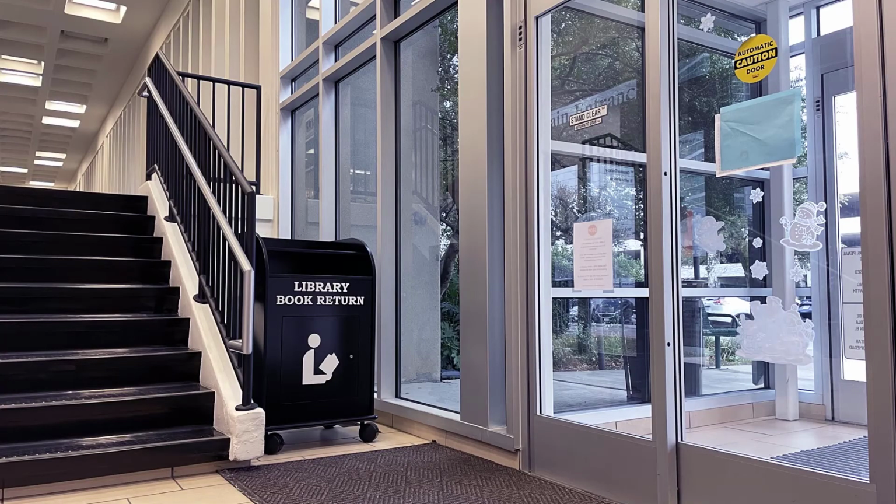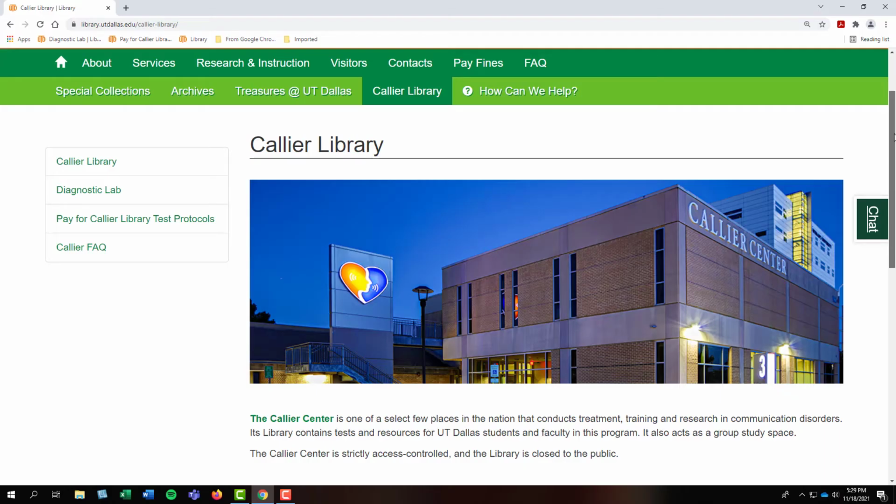When you're finished using the test, it can be returned to the Callier Library service desk, to the return slot in the hallway outside the library door, or in the library return box found in the lobby near the main entrance. For assistance, email